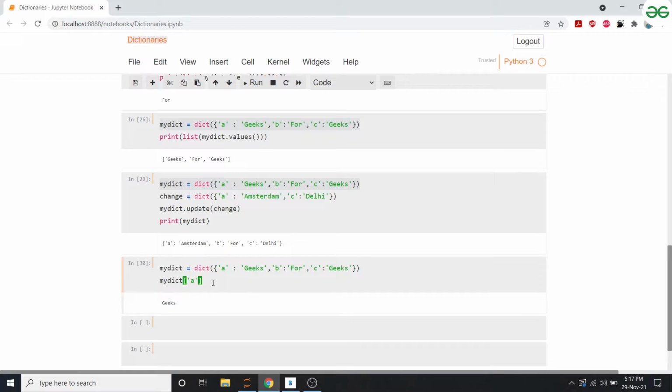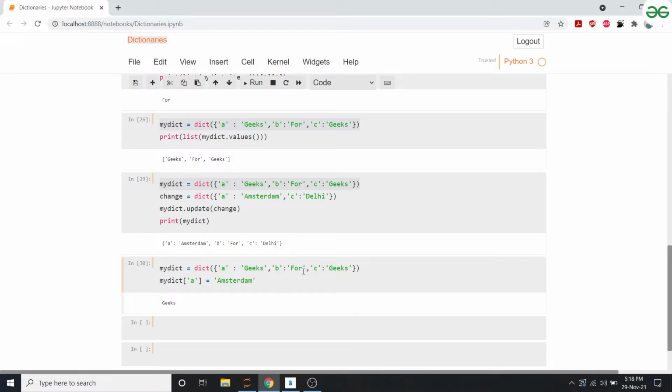So my dict square brackets a is equal to, in Python, equal to is an assignment operator. Up until now in maths you would have studied that LHS equal to RHS means they are both equal or not. In Python, a single equal to sign means assigning a value to a particular variable. So my dict square brackets a is equal to Amsterdam.